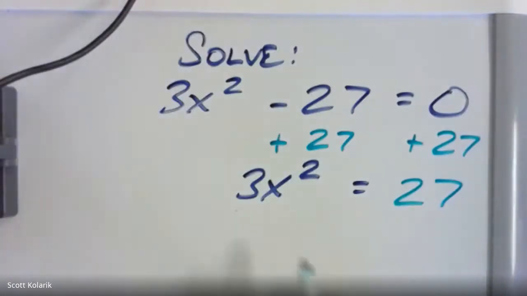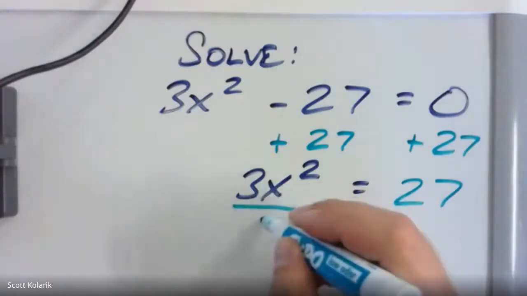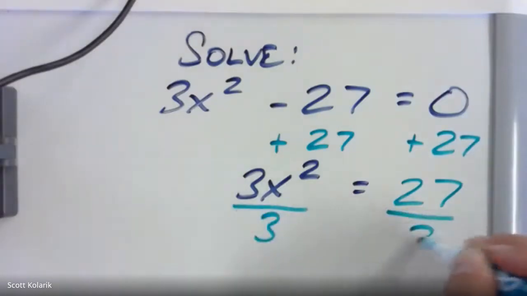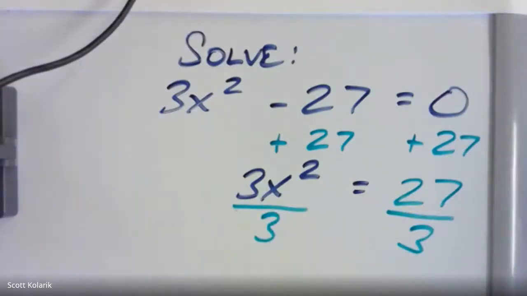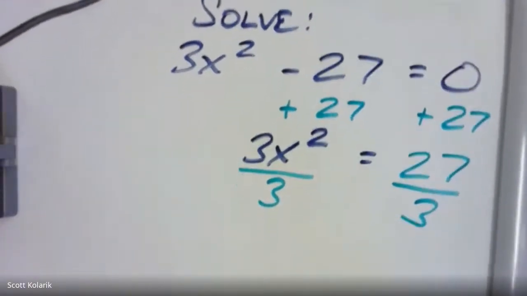One step closer. So I'm still needing to isolate this x squared, so I need to move this 3. The 3 is multiplying by the x squared, so the inverse operation here would be to divide by that 3. But I have to make sure to do it to both sides to remain balanced. And now when I divide both sides by 3,